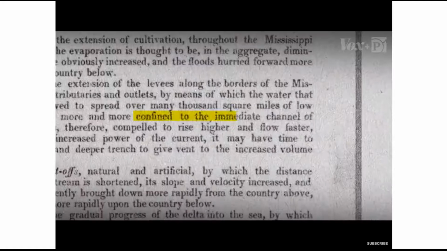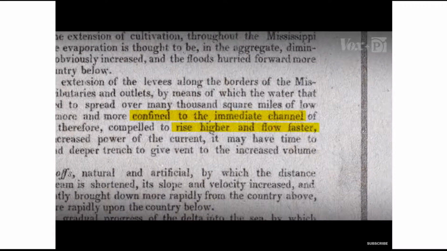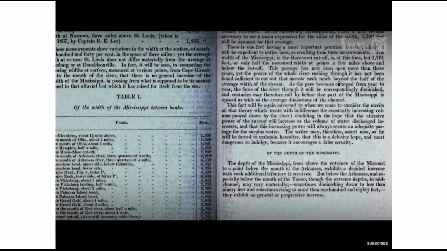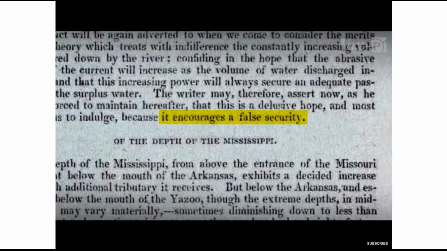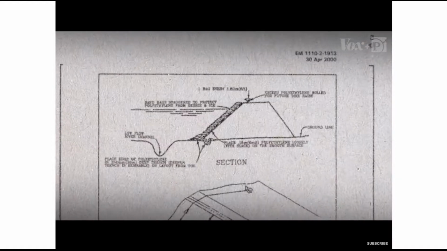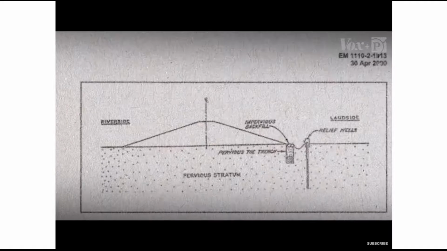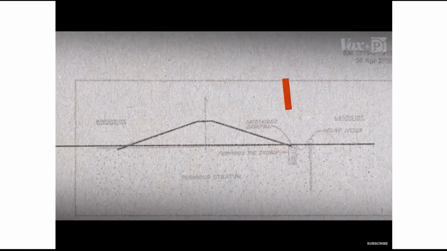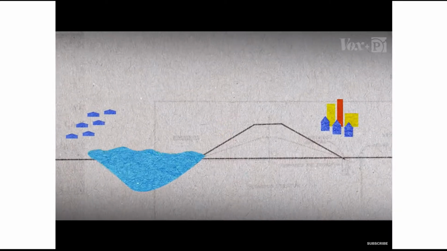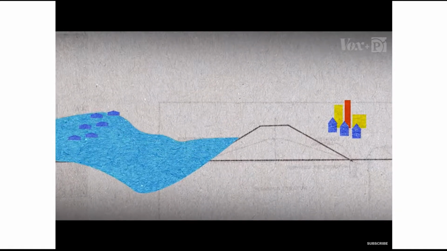Civil engineer, cautioned that levees confine rivers and cause them to rise higher and flow faster. And relying on levees encourages a false security. But he was largely ignored. Levees became the default for flood control, mostly funded and constructed by local entities. Some riverside communities that could afford it built taller levees for more protection, while less fortunate neighbors dealt with the